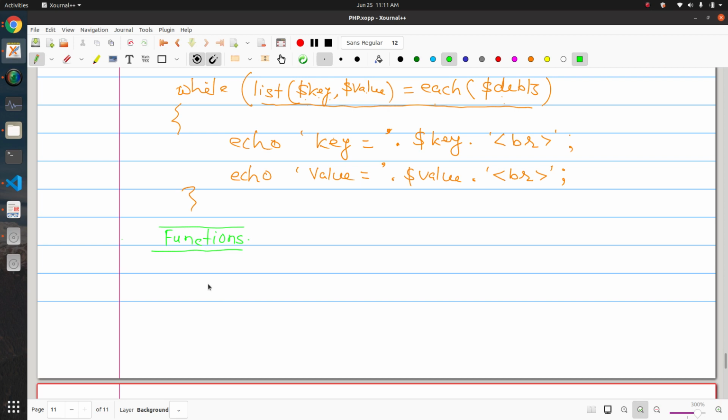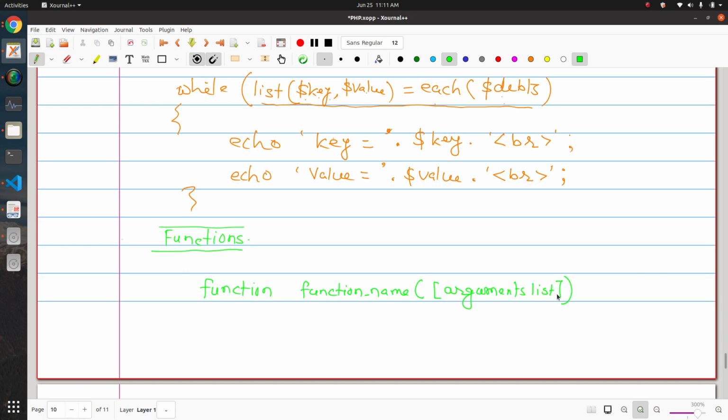In PHP, you just need to use the keyword function when you are going to define a function. Then you need to define the name of the function. Whatever name you want to give your function, you can give that name, and then you need to give a list of arguments.